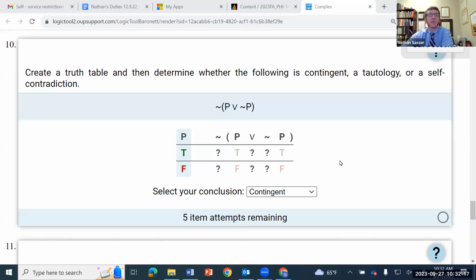All right, so we've got 7E ITT set number 2, and we're on number 10. So I'm going to run the truth table. The question here is, create the truth table and then determine whether the following is contingent, a tautology, or a self-contradiction. So I'm going to fill out the truth table just like I normally would, and then I'm going to use the results under the main operator column to interpret those results based on the definitions of these terms to